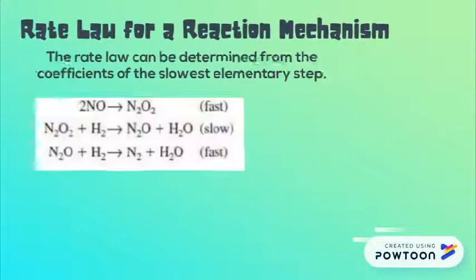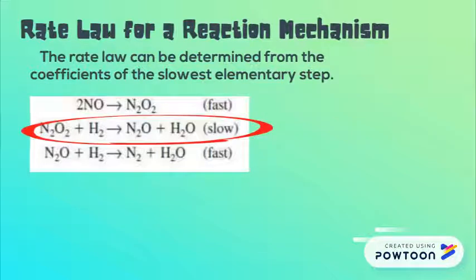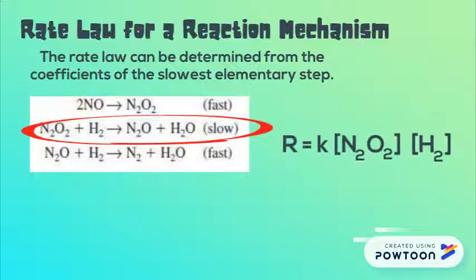The rate law can be determined easily by looking at the reaction mechanism. It is determined by the coefficients of the elementary step that is the slowest. In this example, step 2 is listed as the slowest step. Both of our reactants, N2O2 and H2, have a coefficient of 1, so the order for both of them is